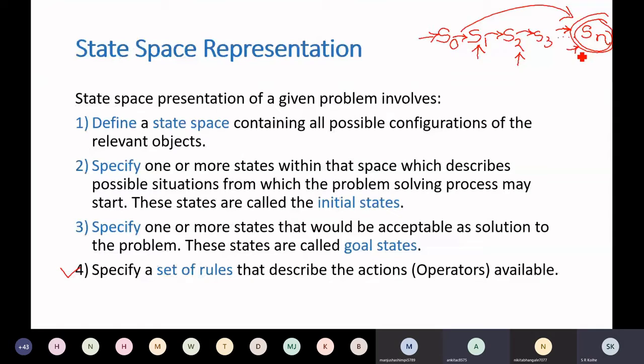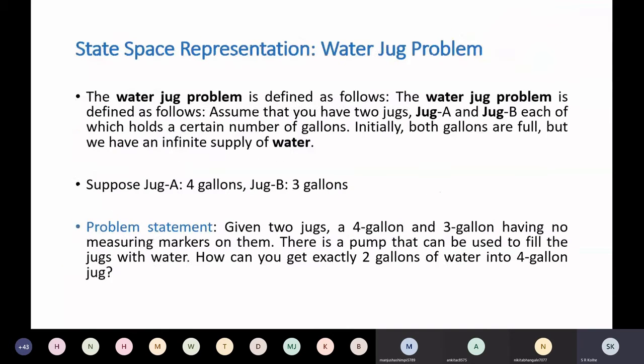Yes, sir. You will find out now that these things change from one problem to another. Consider this very widely discussed problem of the water jug. Most of you might know this problem. It's a puzzle you might have worked on in your childhood, called the water jug problem. Such simple problems are discussed in the literature of AI.